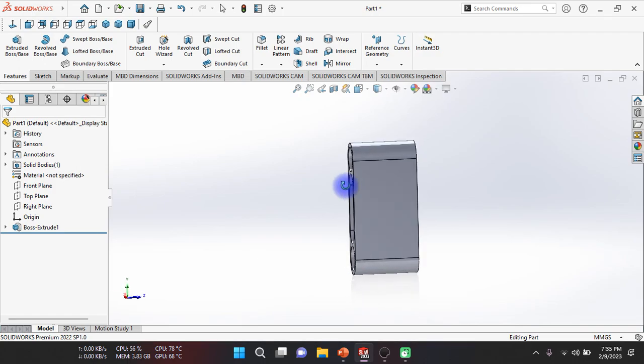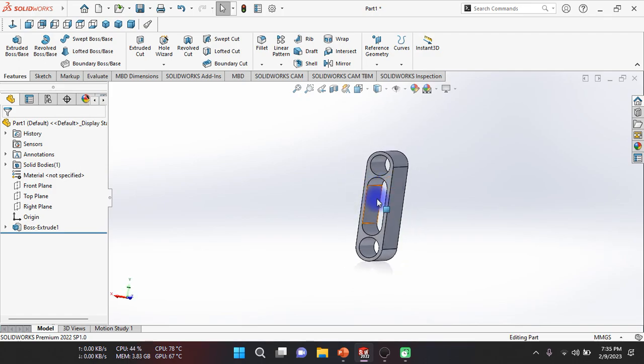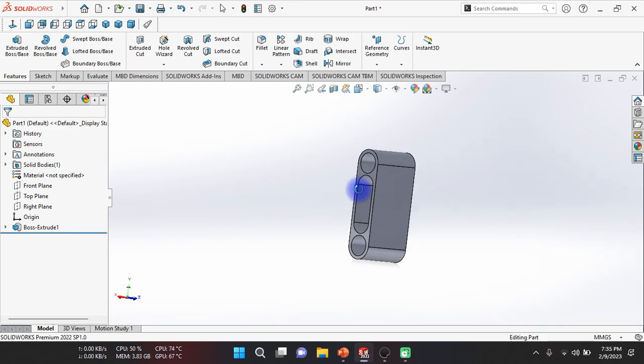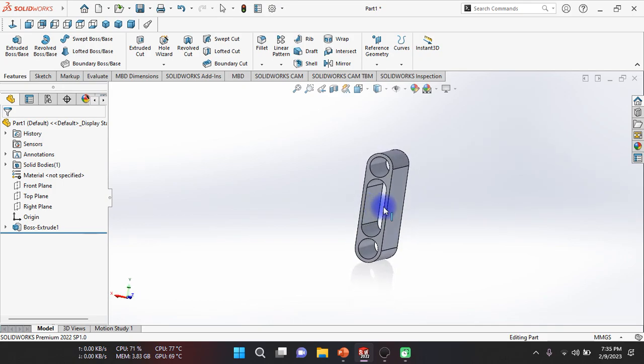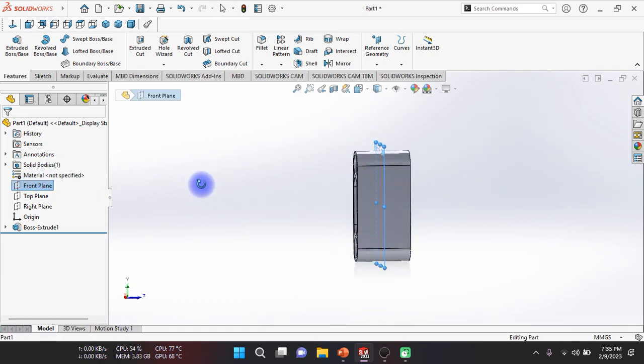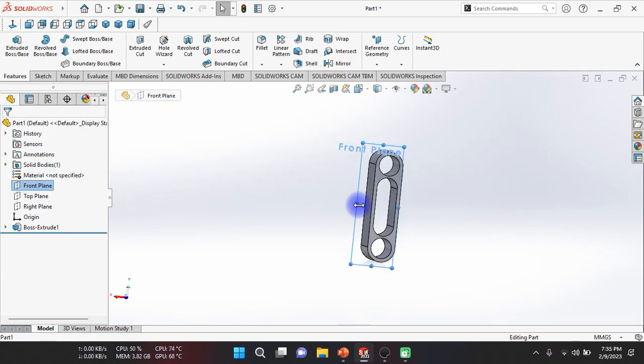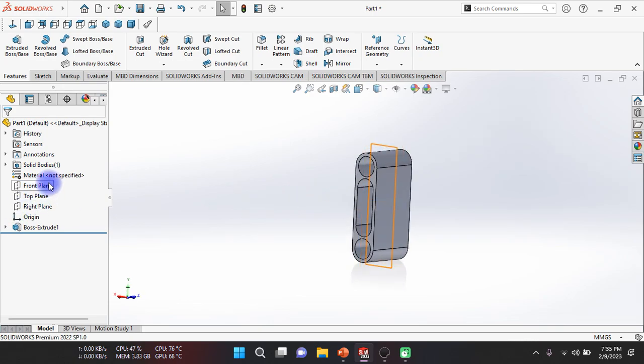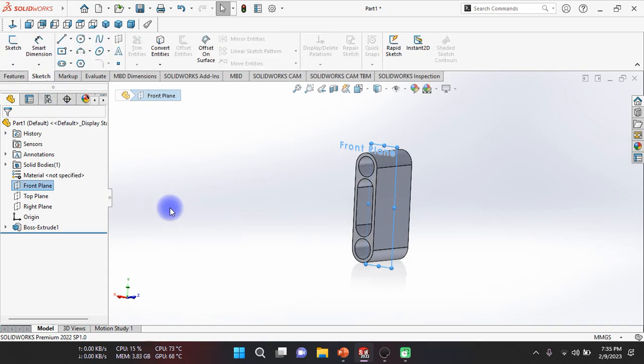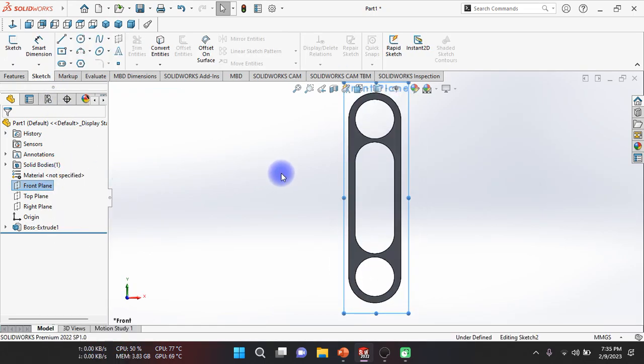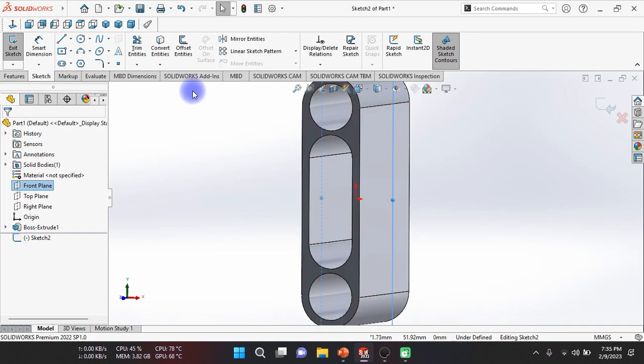Okay, to close these sections to be a solid view. Okay, after that you can go to front plane again. Okay, from front plane, you can sketch on front plane here. Okay, after that select this line,